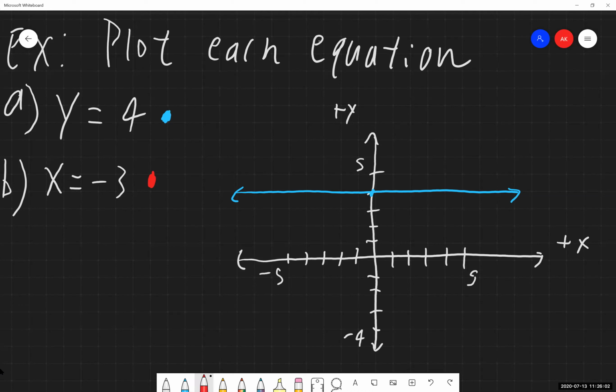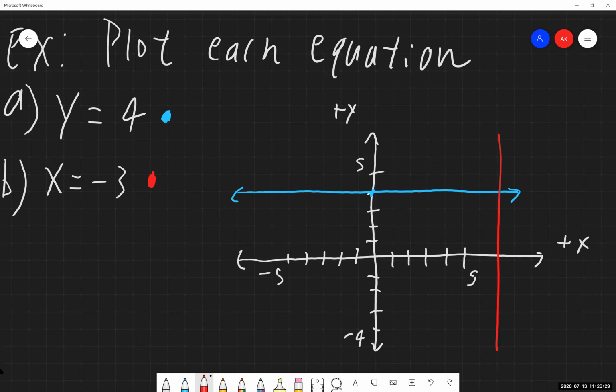So we're following a very, very similar thinking, but just with our x value now. Again, we're told x is equal to -3. We know that is a vertical line, so following a similar thinking pattern, it could be here, it could be here, it could be here. We know that the x value is always going to be -3. The y value could be anything, if we're looking at it in this regard.